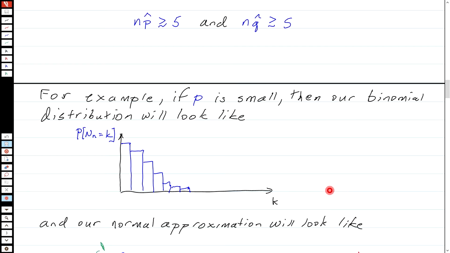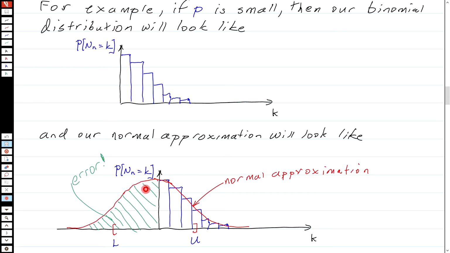Here's the picture. If p is small, then the binomial distribution looks something like this. It's just a series of steps, but the normal approximation to that looks like this. Here I should label this with the zeros. So that's 0 there, and n is somewhere out here. The normal approximation to this is going to look like this, and so you've got a very big